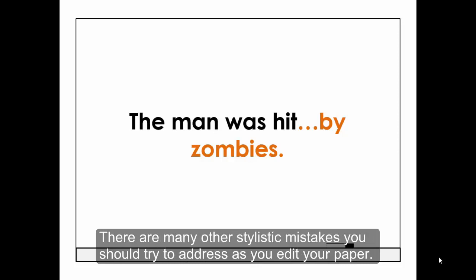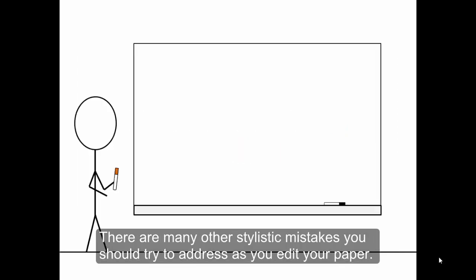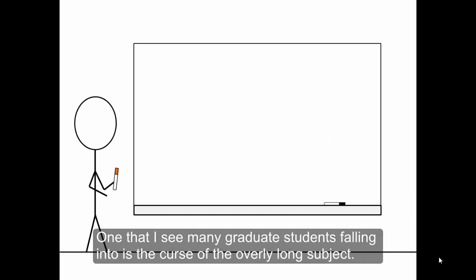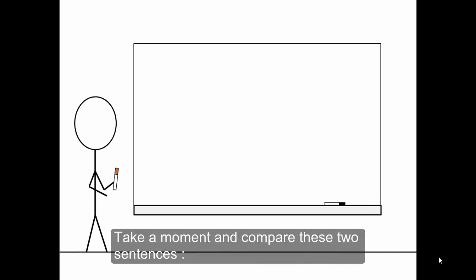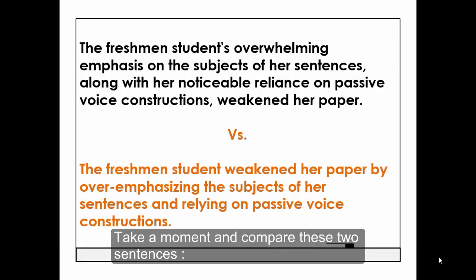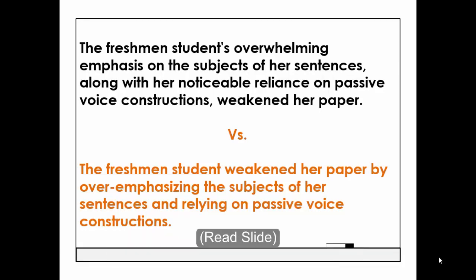There are many other stylistic mistakes you should try to address as you edit your paper. One that I see many graduate students falling into is the curse of the overly long subject. Take a moment and compare these two sentences. The freshman student's overwhelming emphasis on the subjects of her sentence, along with her noticeable reliance on passive voice constructions, weakened her paper. The freshman student weakened her paper by overemphasizing the subjects of her sentences and relying on passive